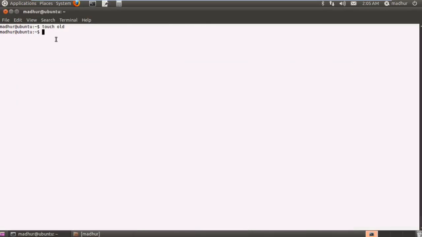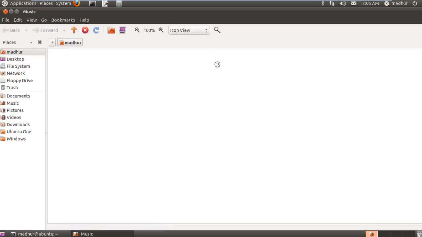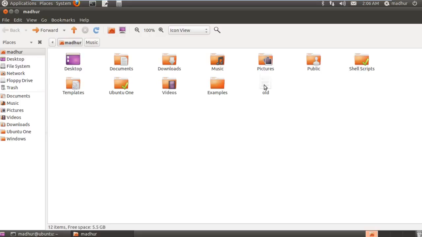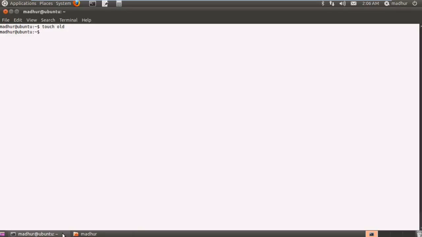Now suppose I want to copy this file old from the home folder to the music folder, which currently has this file random. I'll delete it so that we don't cause any confusion. The music folder, as you can see now, is empty. And what I wish to do is copy this file from this location to, sorry, the music folder. Now the command to do that is I'll type in cp first